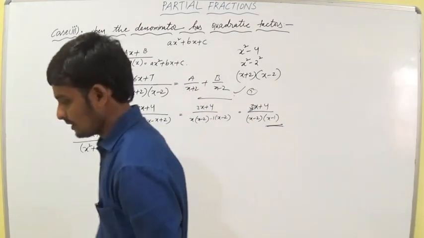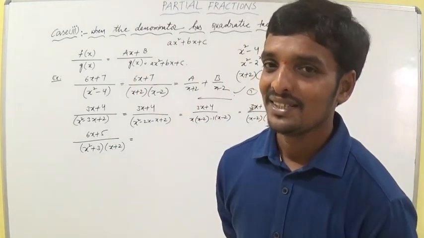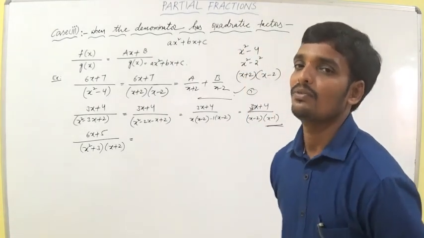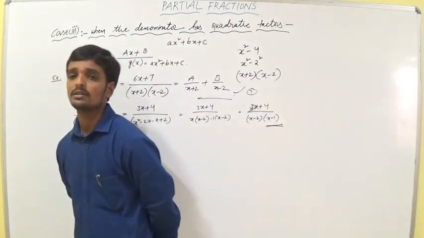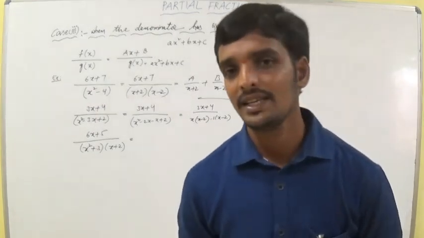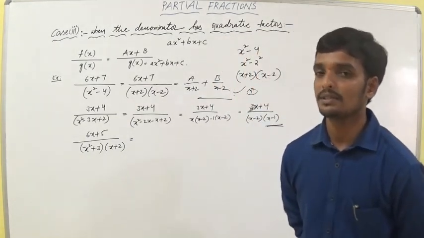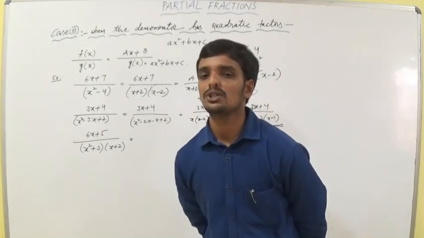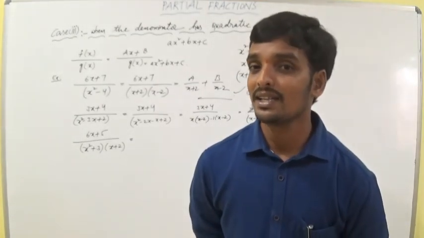So we can use the third method. But before going to that, can we factorize the denominator or not? We have to check x² + 3. Can we find b² − 4ac for x² + 3? Find the value of delta. Is it negative or positive? Absolutely, it is negative. Why? Because b is 0, and 0 minus anything is a negative term. So we cannot factorize the denominator.